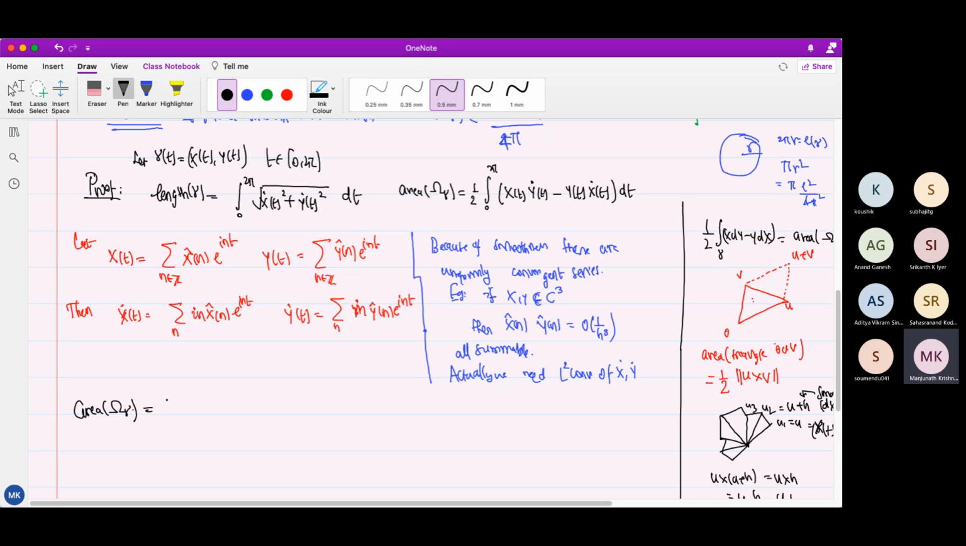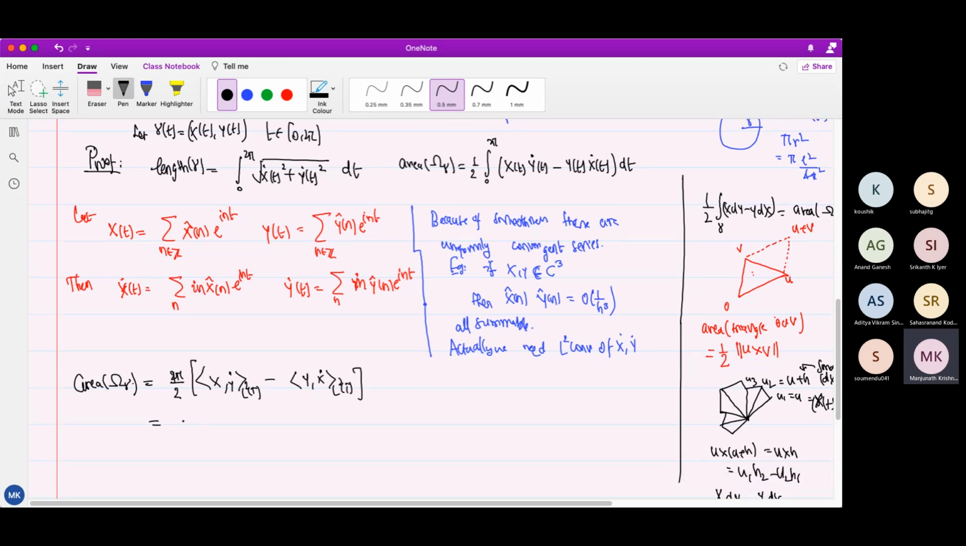The area of omega gamma is simply 1/2 the inner product of x and y dot in L2 of the torus. Actually, there is a 2 pi missing, so maybe I put a 2 pi here. Minus the inner product of y and x dot in L2 of the circle, which we know is actually the same as, what is it actually? That will give me pi times